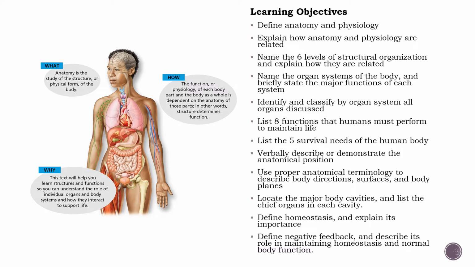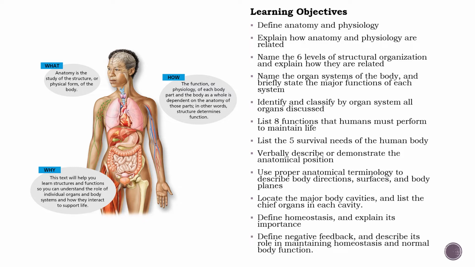The learning objectives for this chapter include defining anatomy and physiology, explaining how anatomy and physiology are related, naming the 6 levels of structural organization and explaining how they are related, naming the organ systems of the body and briefly stating the major functions of each system, identifying and classifying by organ system all organs discussed, listing 8 functions that humans must perform to maintain life, listing the 5 survival needs of the human body, verbally describing or demonstrating the